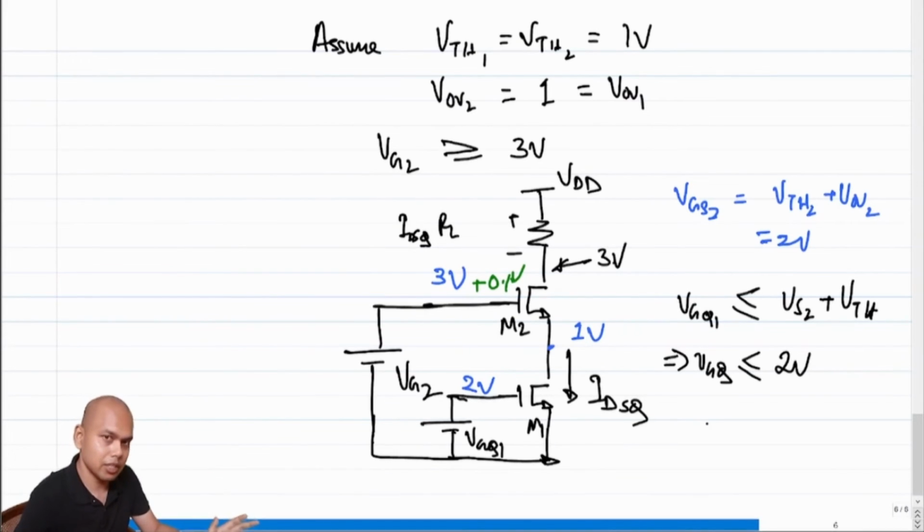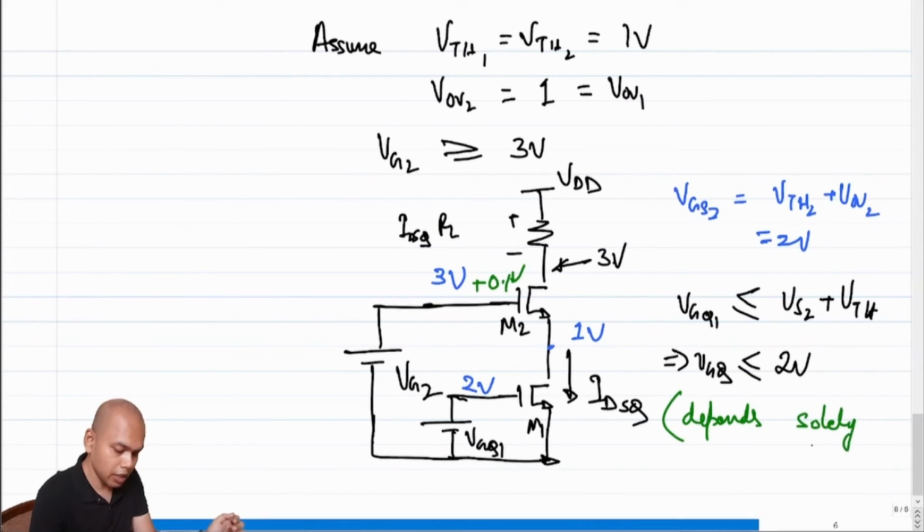If both the transistors are in saturation, is IDSQ likely to change? Clearly not. I mean, you can neglect the effect of channel length modulation for the purpose of this analysis, right? So if we neglect the channel length modulation, and if M1 and M2 are in saturation, right? So IDSQ will depend solely on